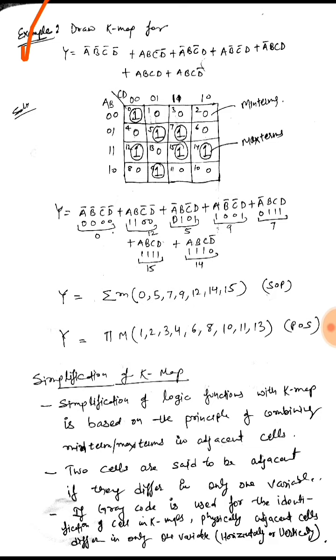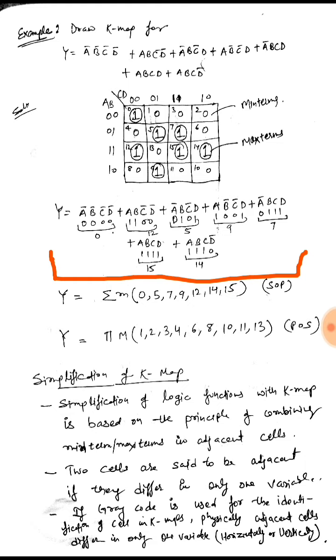So let us understand with an example. We need to draw the K map for this combination of inputs. This is my function y, which is a sum of product form and having 1 2 3 4 5 6 7 product terms. So this is our equation, and we need to draw the K map. Let's see how we do it. The function y is this one given to us. So let's take the first example, a bar, b bar, c bar, d bar.